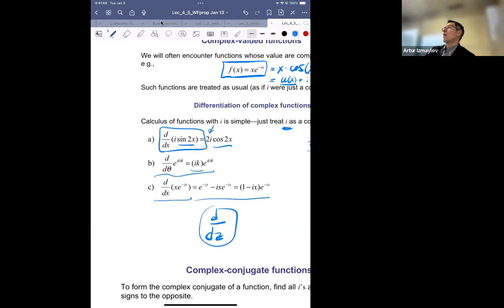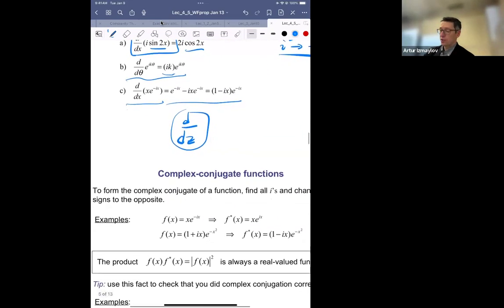Any questions so far on this reminder? How do we deal with complex numbers? No questions, then